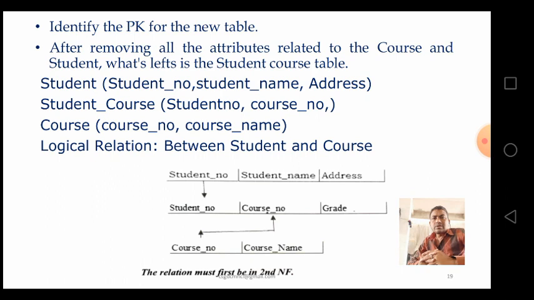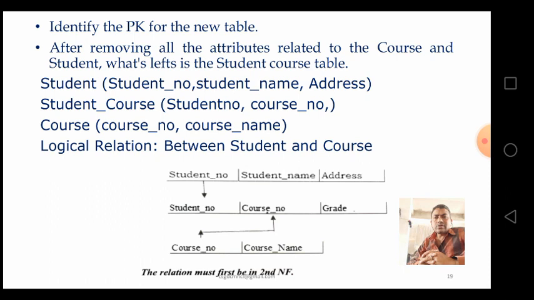Student table: we take the student number, student name, address as the fields from the first normal form table, and we divide into another table, that is student underscore course, with student number and course number. These are the two fields used.